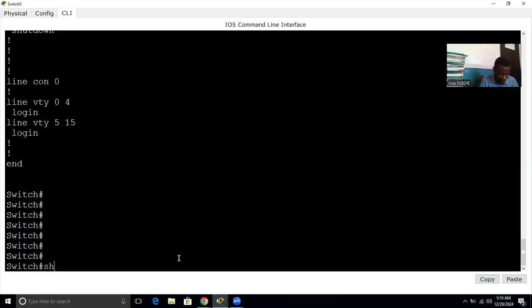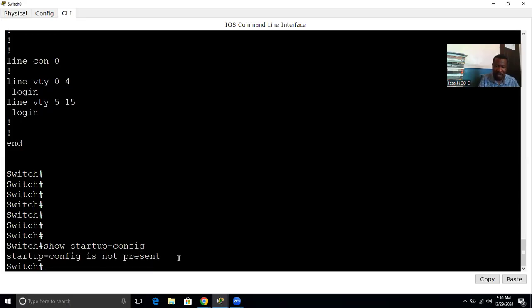So we're gonna go again. We are here. We can say show startup config. What does it mean? You are asking the switch. This is kind of programming, all right? So the device is already programmed to understand some of the keywords. So your switch knows that if somebody is saying show startup config, it means show him the configurations that I saved, right? You press show startup